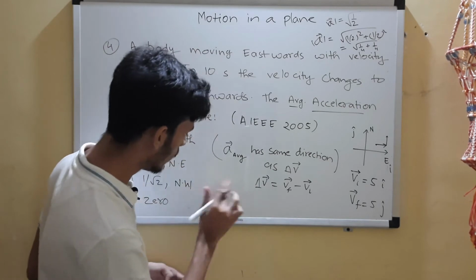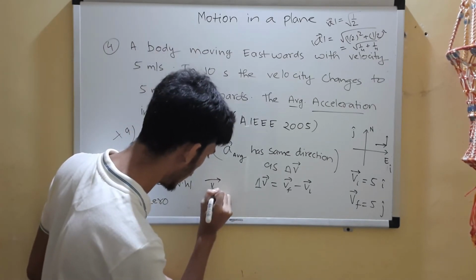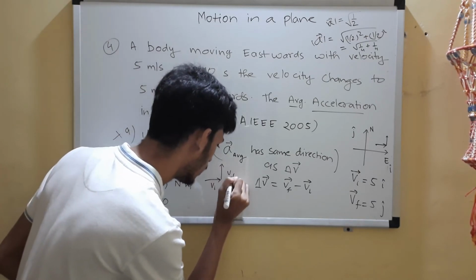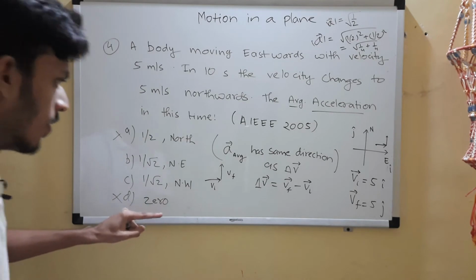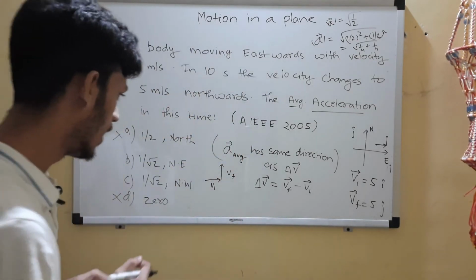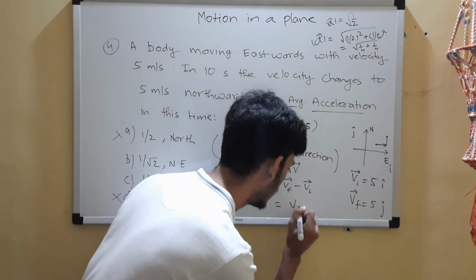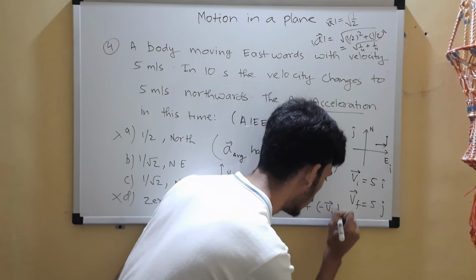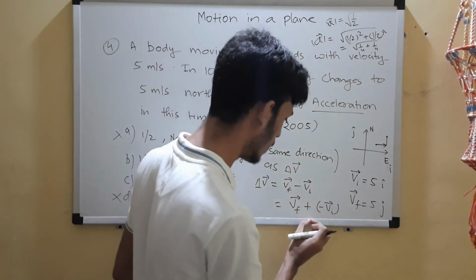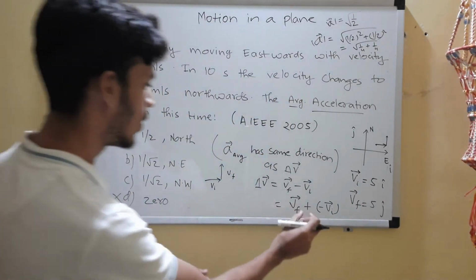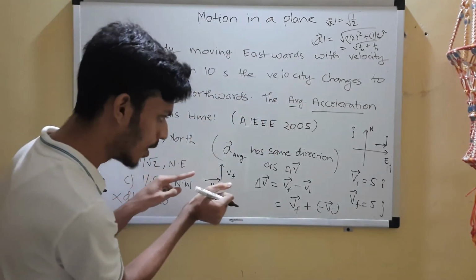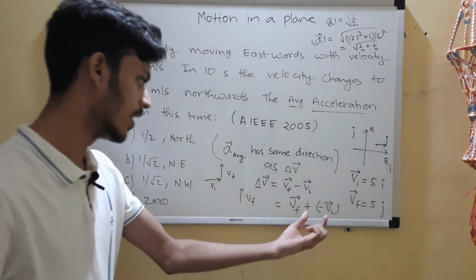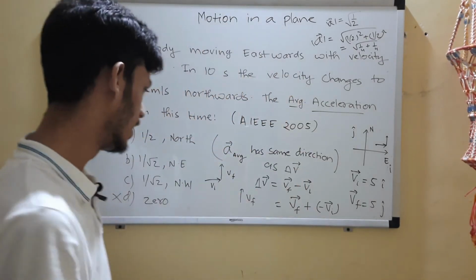parallelogram law, okay. So V initial is in this direction, east direction, right? And V final is in the upward direction, okay. Now we want V final minus V initial, right? Subtraction, as I said, is just like adding the negative of that vector, okay. So I can also write it as V final plus minus V initial. I'm going to add these two vectors, okay. So how do I write minus V initial? V final will remain the same and for V initial, I want minus of V initial, so I will flip